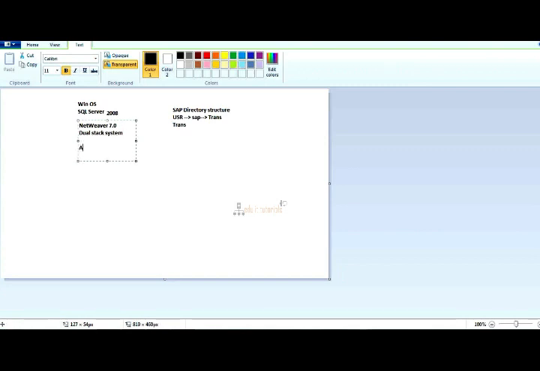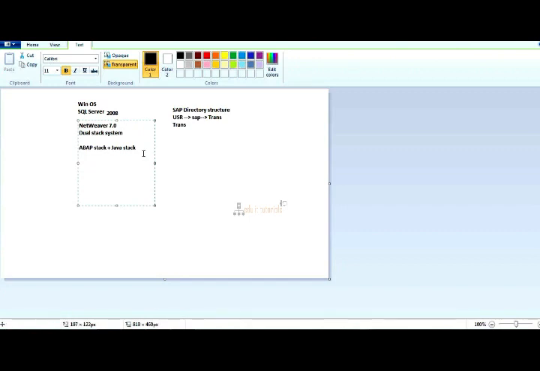It's a combination of ABAP stack plus Java stack, right? This installation we will do, and next we will see